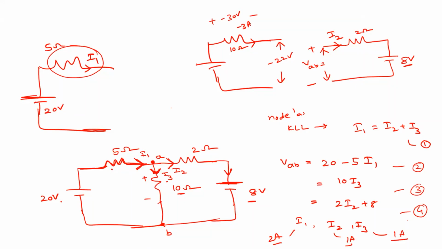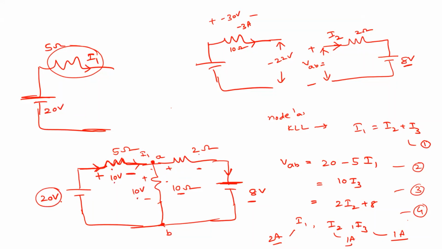Yes, sir. So now what is this drop? What is the voltage across this one? 10 volts, right? So this is plus minus. So how we are mentioning, this is the current entering, right? So this is 10 volts, agree? Okay. So next, what is the voltage drop across here? 10 volts, right? This is 20 volts, 10 volts, 10 volts, right?